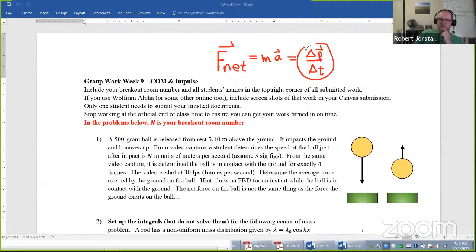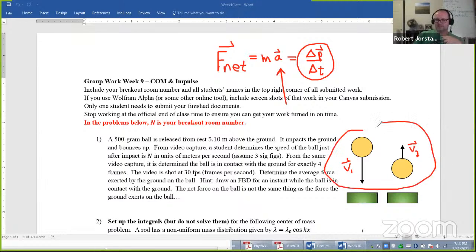And this one works great because we know V at stage 1 and we know V at stage 2 as vectors. When this ball is smushing, it's hard to do kinematics while it's smushing to get the acceleration because we don't know exactly how many frames it takes to stop. So what I'm saying is you could use the velocity information and the mass to get delta P. And we could use delta T from the frame rate. And that is equivalent to what we would get if we could somehow figure out the kinematics while the ball